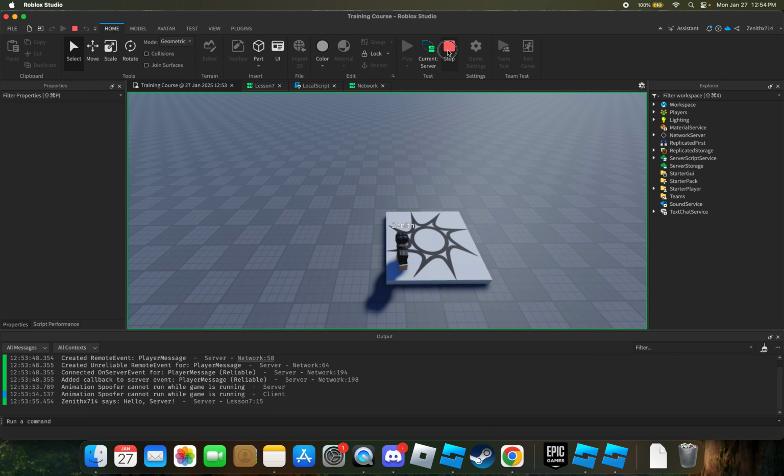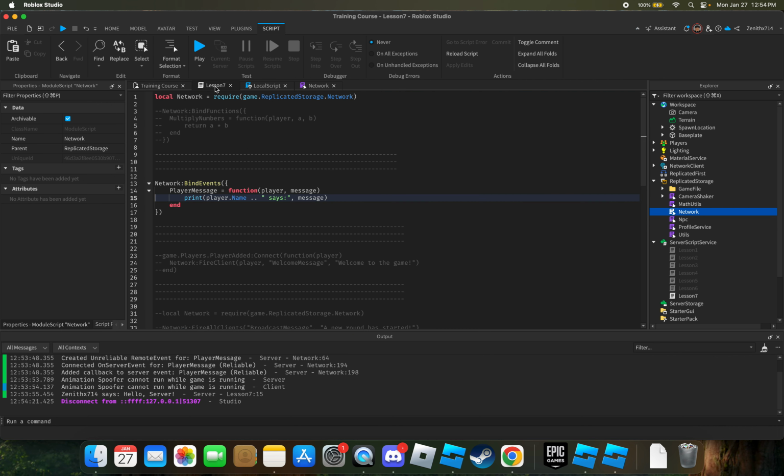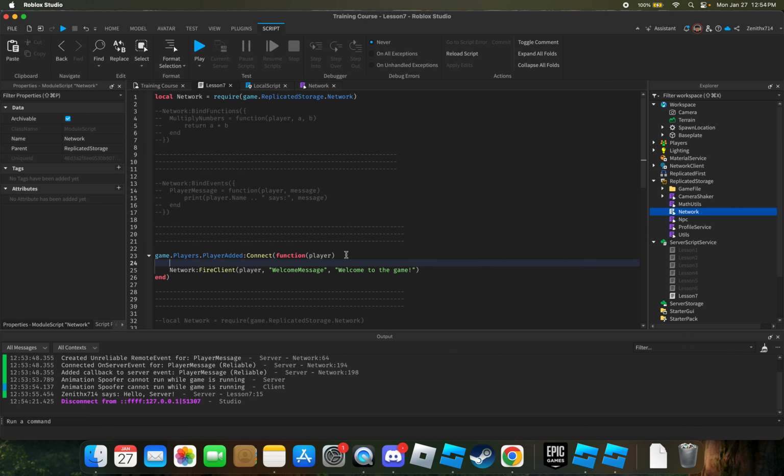Now, the next example, we're going to do firing to the client. So if I tag this out, here, whenever the player joins, it's going to fire to the client. We actually want to wait for the player to be added. So we're going to do player.character added wait. And then